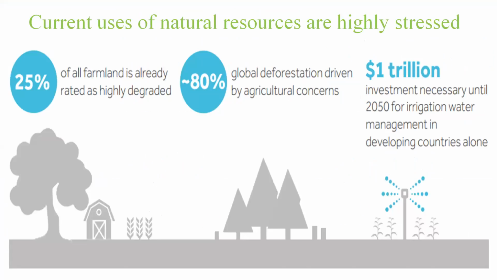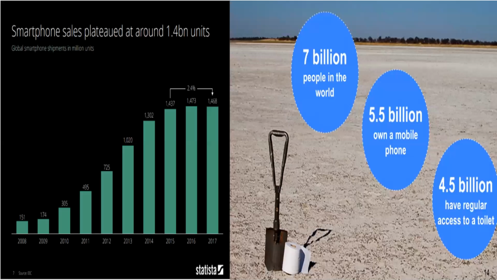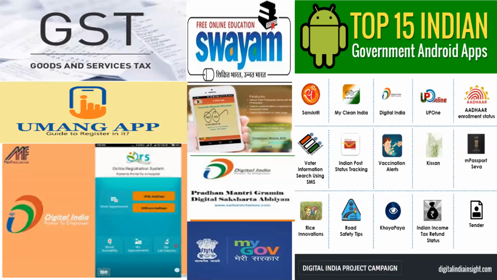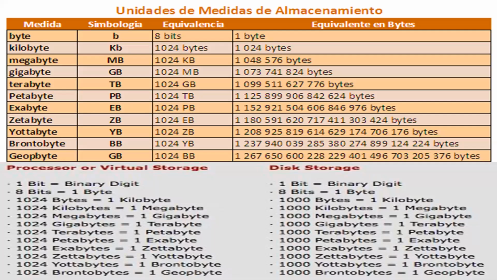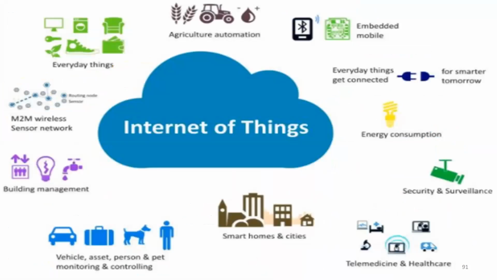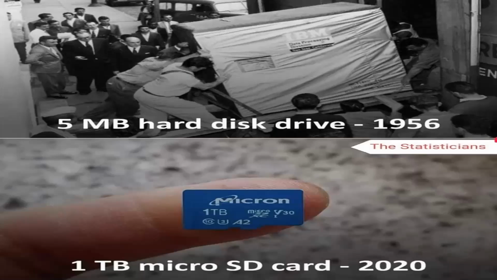Now we'll see what the use cases of AI are. First we'll talk about general use cases, then we'll go to food related ones, and one or two examples we'll discuss.